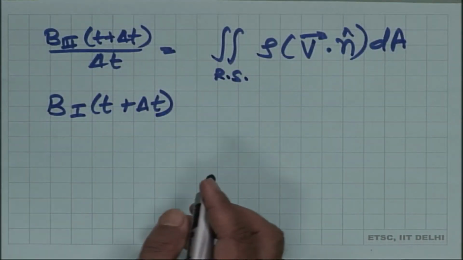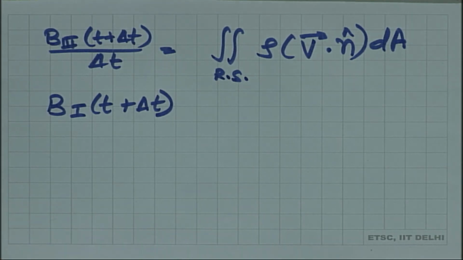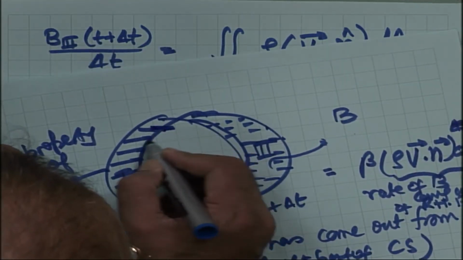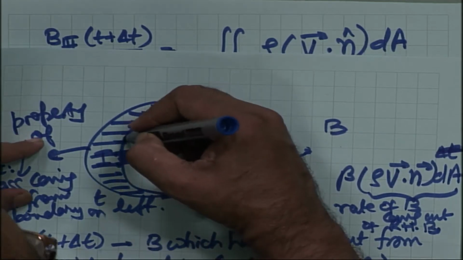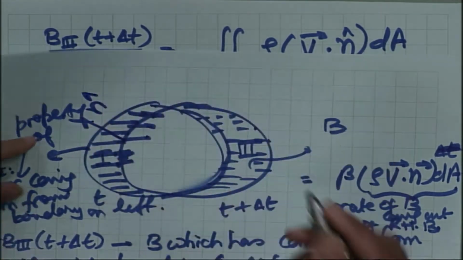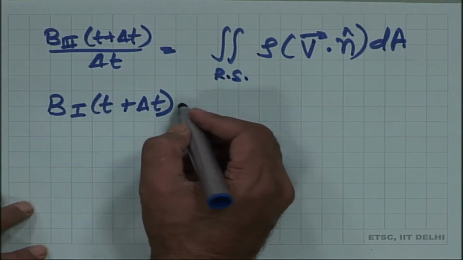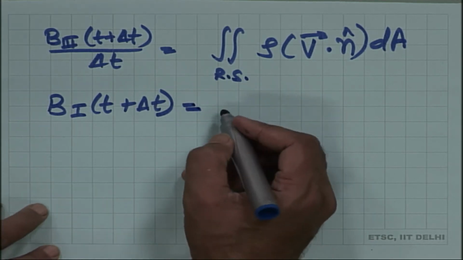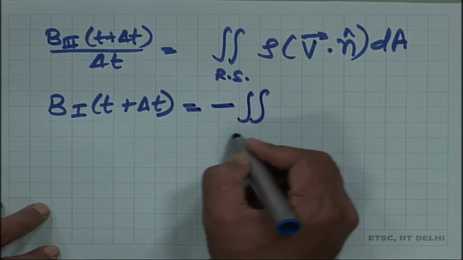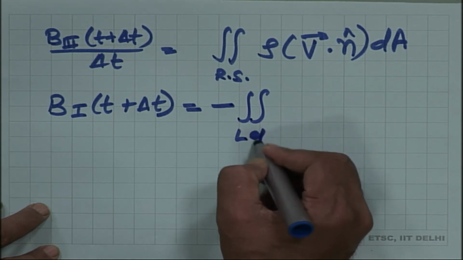One thing we realize is the flow is coming in, and the normal by definition points outwards. Therefore, B1 at t plus delta t will be equal to minus the integral on the left side